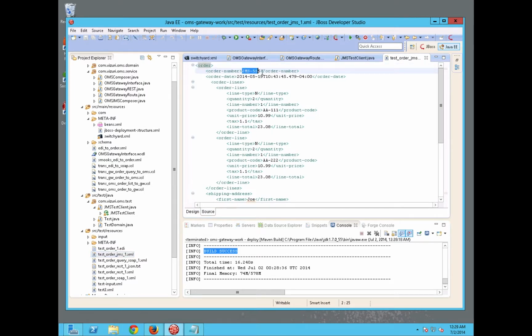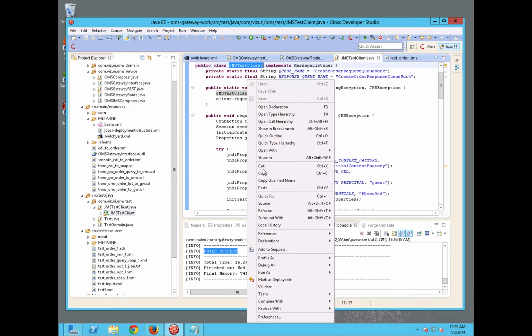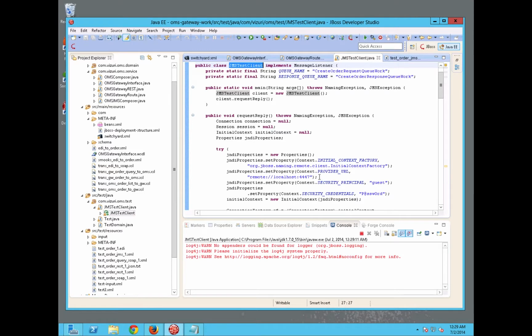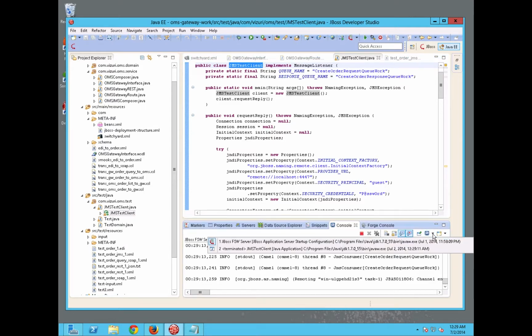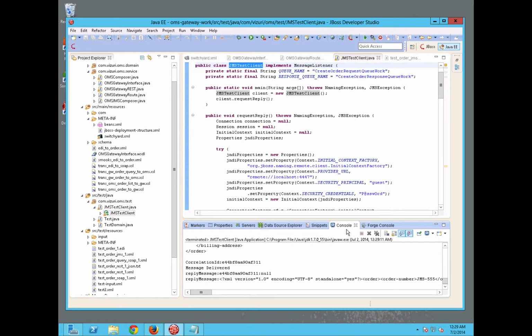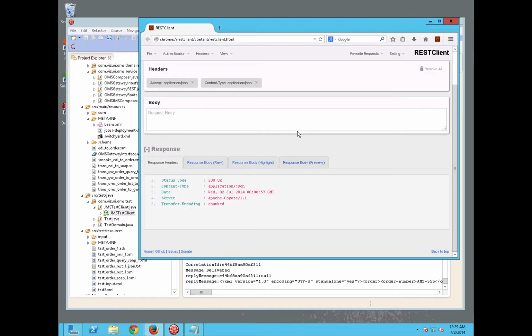So we're going to be adding order JMS-555. So we run our Java application, and if we look at the output from the run, we see the input order and we see the echoed out response order. We can now go back to our REST client